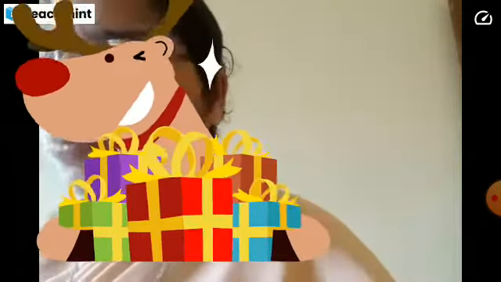Now we'll move on to colors. Certain colors are used in maps to show features such as oceans, seas, mountains, plains, plateaus, etc. If you look in your textbook, you see different colors in the map, isn't it?